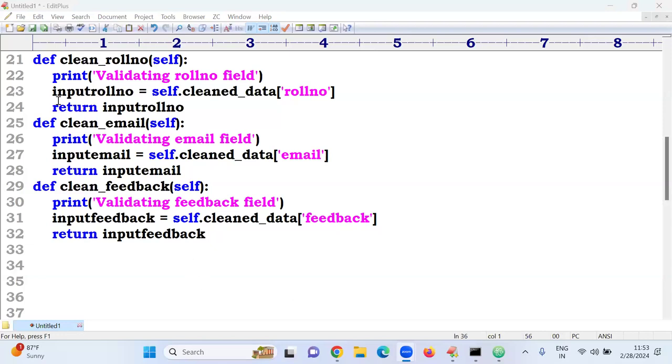So like that, we have to validate the fields by using clean. Django will call these field level